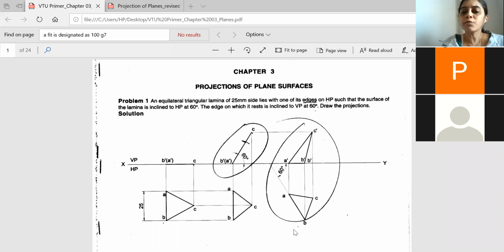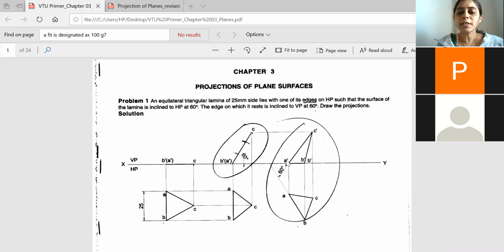After this, what is our ultimate thing? We have to get the apparent shape of the front view also. So now you will take the projection above the XY line from A, from B and from C. It should be a very thin line. After that, you should extend the projection of the front view also. So you will draw the locus from C dash, you will draw the locus from B dash and A dash. Now you should read the locus. If you don't read the locus, you will go wrong in naming. So read the locus of A is meeting with the locus of A dash at this point.